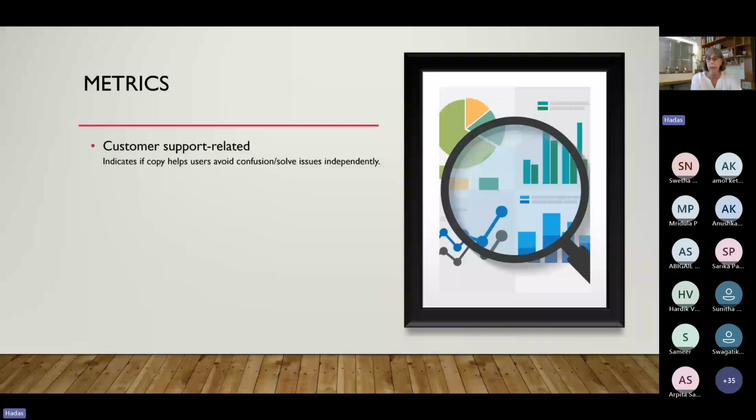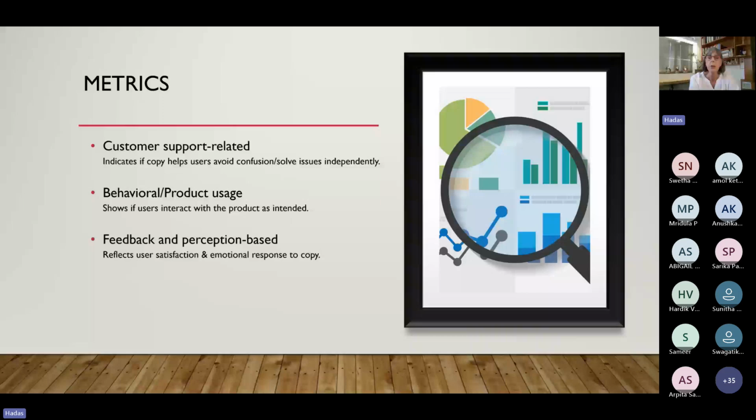So we've got the classic one here, say, the volume of support tickets. This one would reflect task completion rates, drop-off rates, time on a task, error rates, and so forth. In this category falls the NPS, which is a Net Promoter Score, or qualitative feedback. And lastly, this one is like view and bounce rates. How effective searches are, click to copy, or interaction with tooltips, if they interact with them. So here's one example of